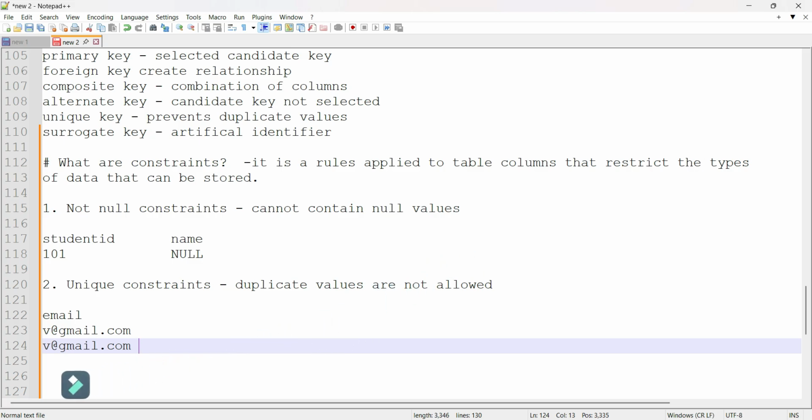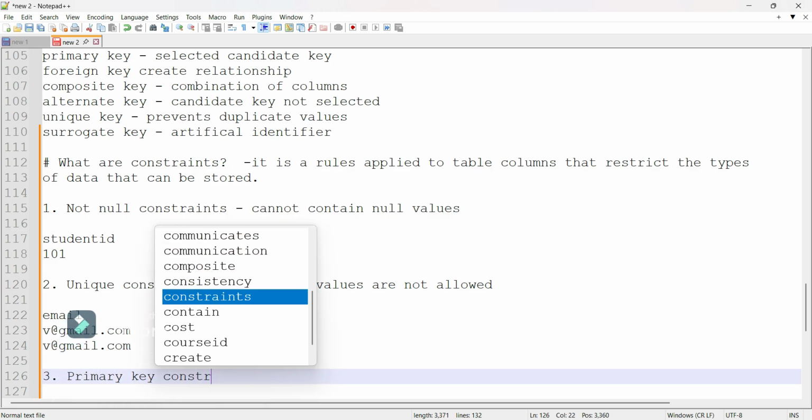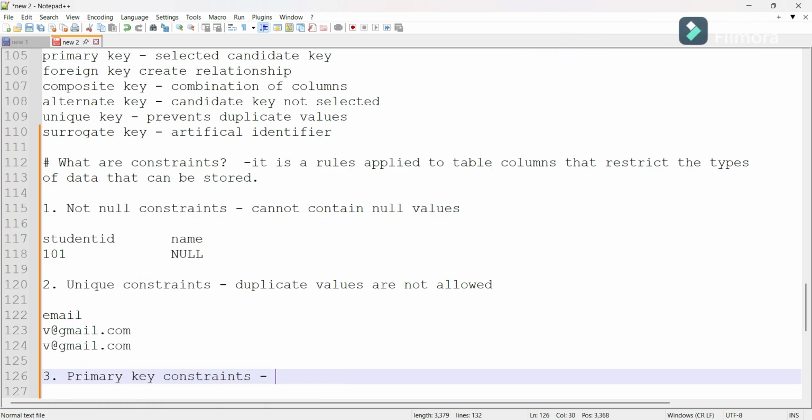Now the third one, that is the primary key constraint. Basically, a primary key also uniquely identifies each record in a table. But there is a slight difference between the primary key and a unique key. Unique key also removes duplicates, whereas primary key also uniquely identifies each record in a table.